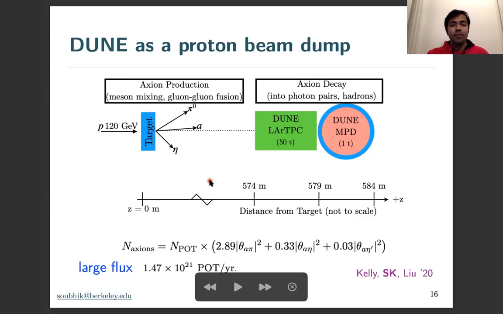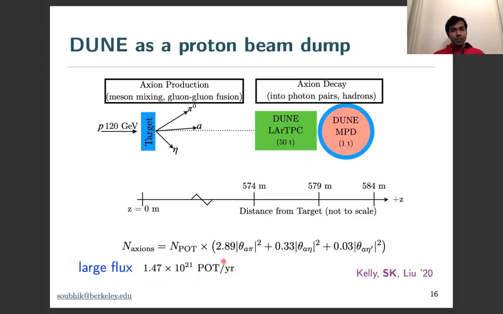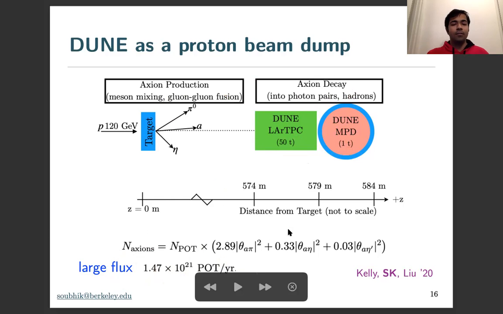And then once they are produced, they can travel through the rock here, which we have not shown, into the DUNE near detector, where they can decay either into photon pairs or hadron pairs, both of which we will be sensitive to. So the main benefit of using DUNE is that there's a large flux. In particular, the POT is pretty large, which is as much as this, and that's why you can produce a copious amount of pseudoscalar mesons, which can then oscillate into axions.